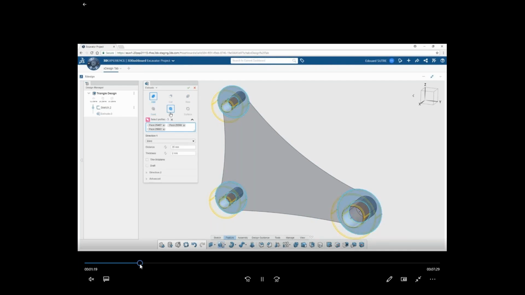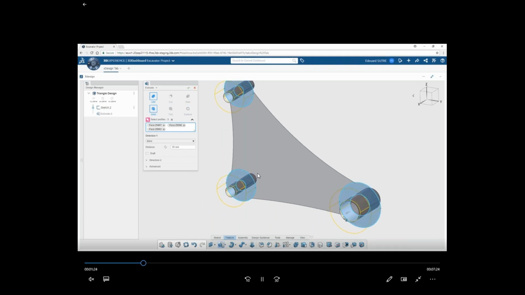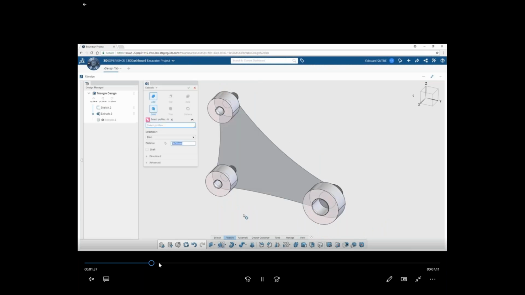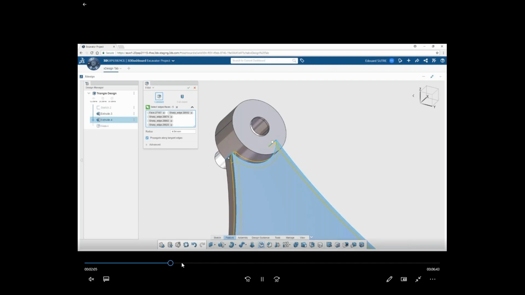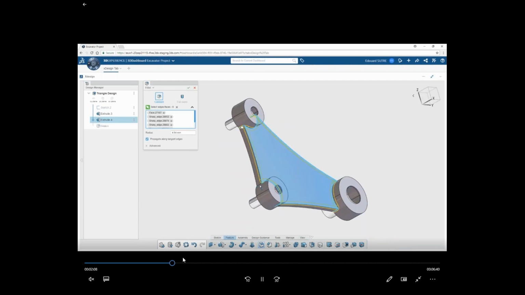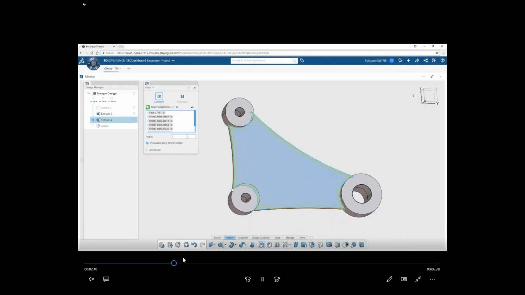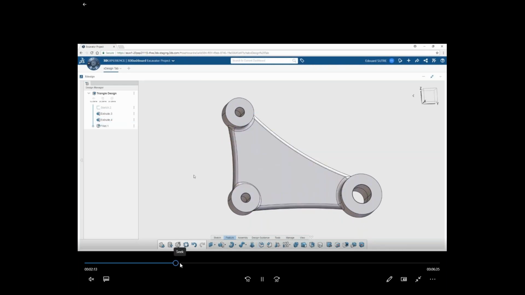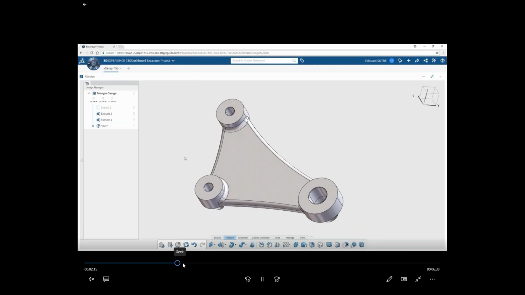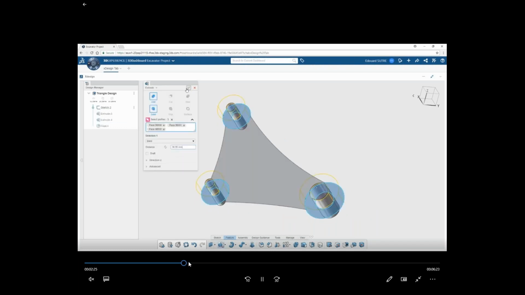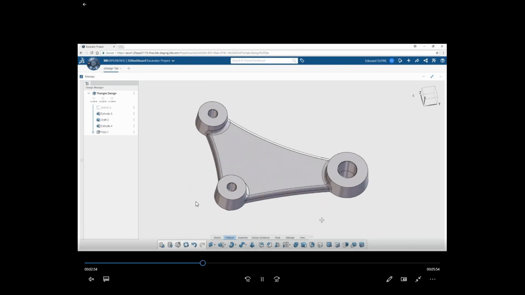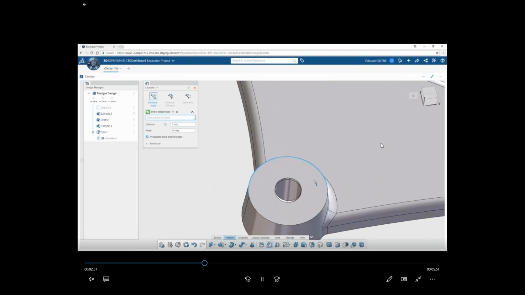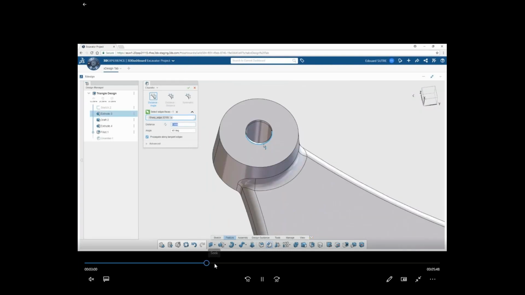So there are 3 phases which he has selected. Then the complete solid modeling will be done on the web. Later, if you want to refine your shapes, you can create your own chamfers or fillets by using the part design approach on the web. So this is the component which you have created completely on the web.